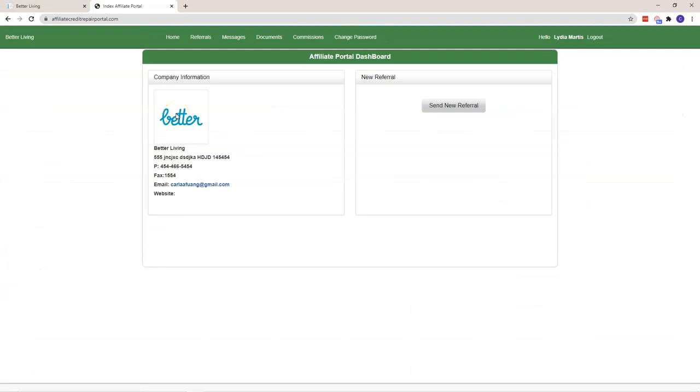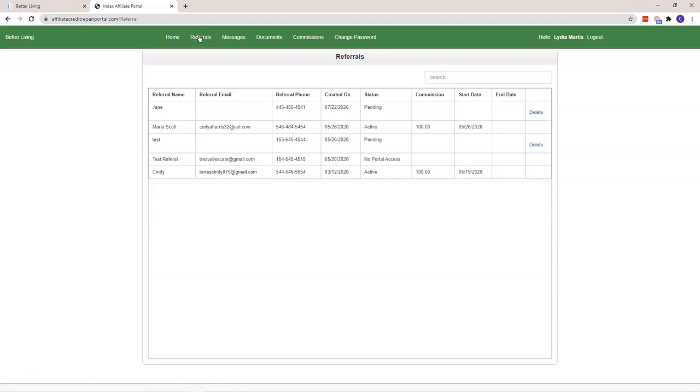Now, once we go back to the affiliate portal dashboard and view the referrals, this is again Lydia, who has the affiliate access feature turned off. Once we hover our mouse over the referrals' names that are active, the affiliate would no longer be able to view the client tracking portal or see the progress of their referrals. They'll still be able to see the status of the referrals as they become active, a lead, or no portal. They'll still be able to see that and keep track, but they would no longer be able to view the client tracking portal or the dispute process progress.